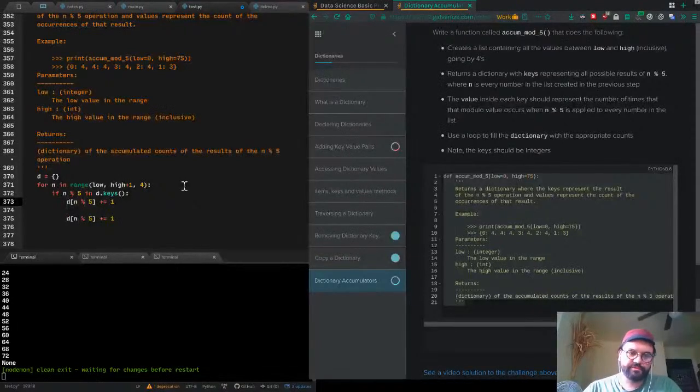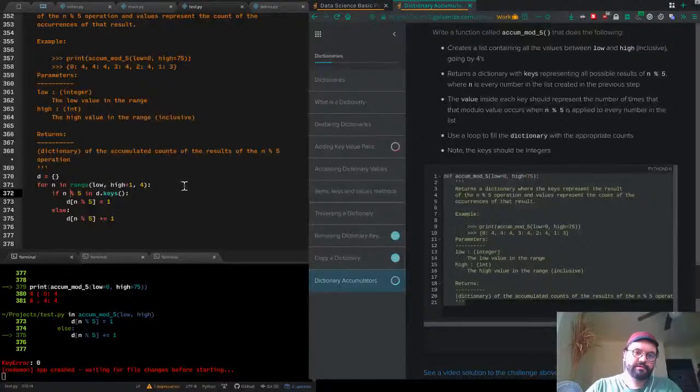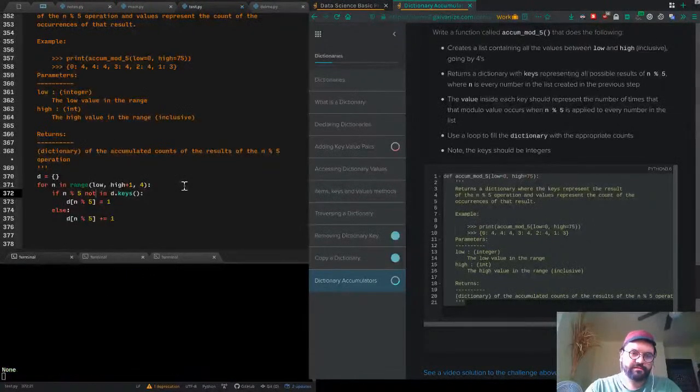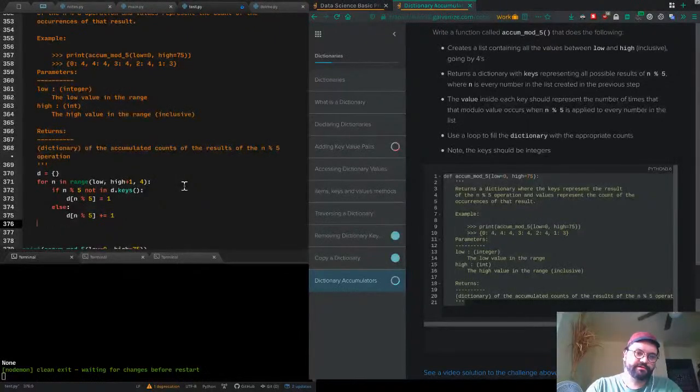So that means we'll do equals, not plus equals. Else we will, nope, did that backwards again, not in d keys. Okay. Now I want to return